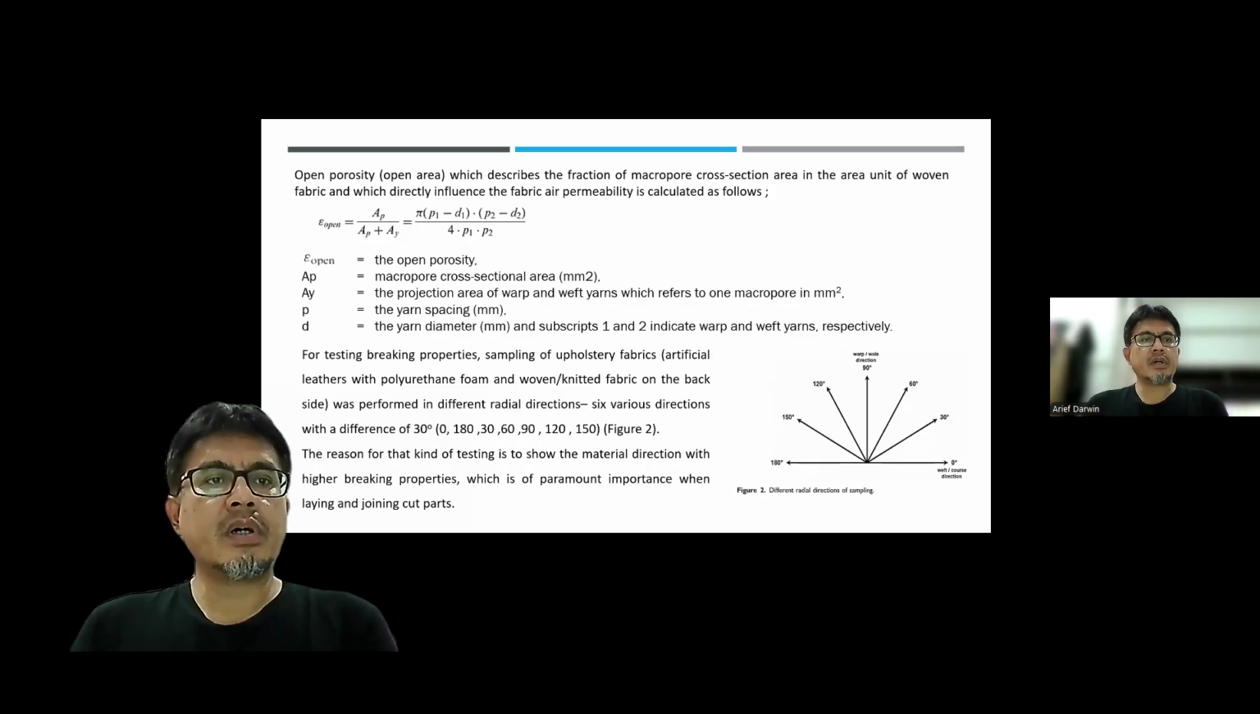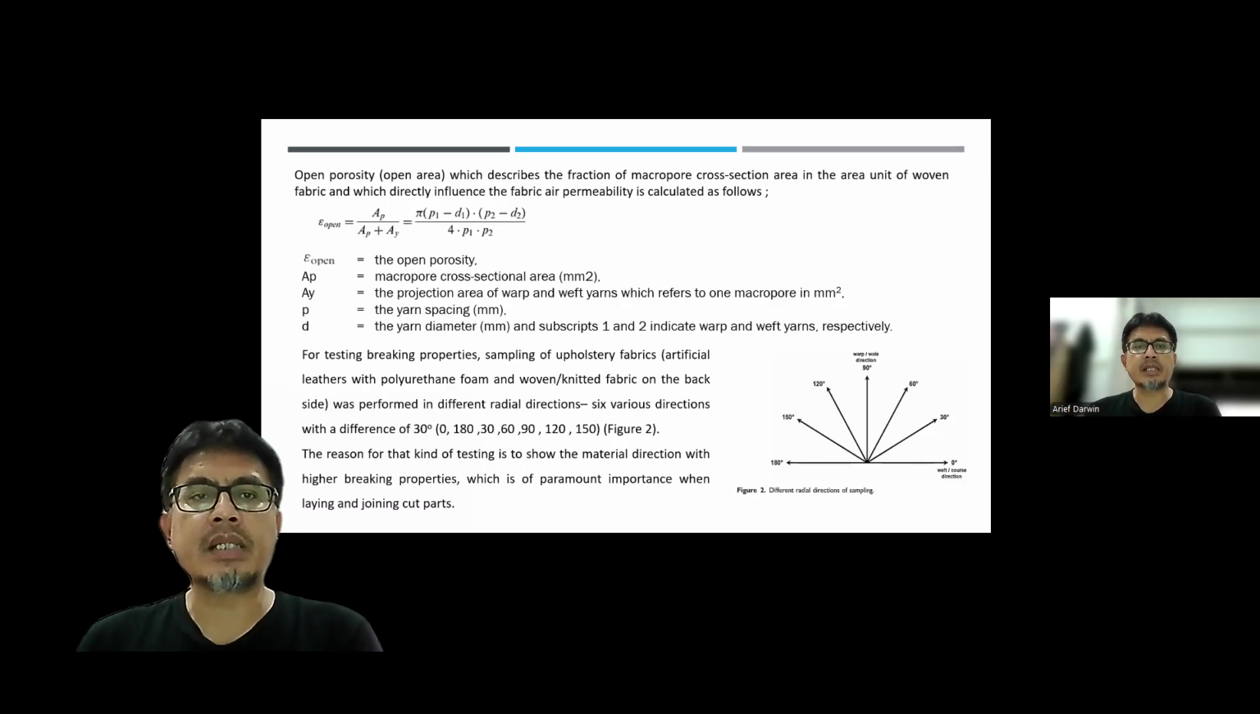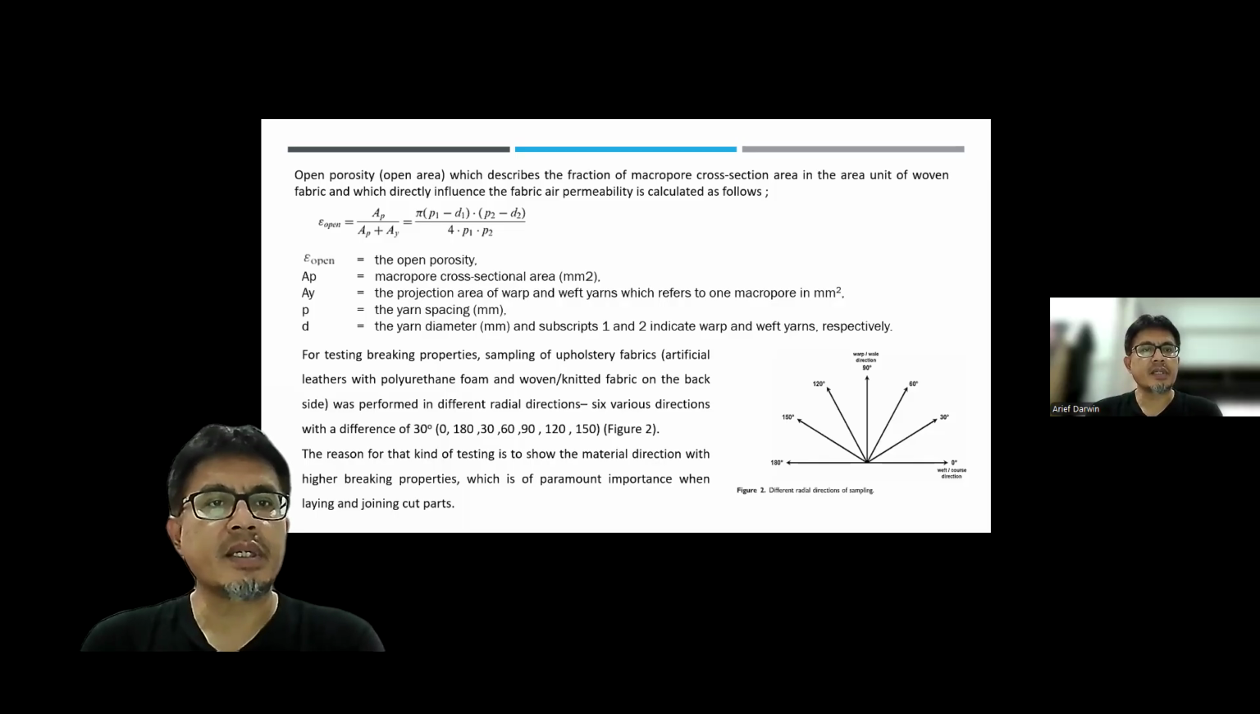And for the open porosity, or the open area, which describes the fraction of the macro pores of the cross-section area of the fabric, which will directly influence the fabric air permeability, is calculated as in the following equation. So the open porosity will be calculated